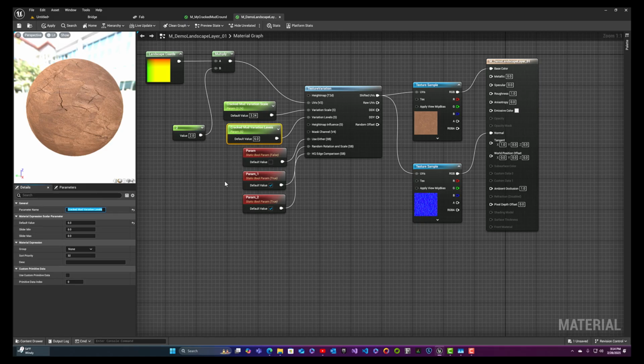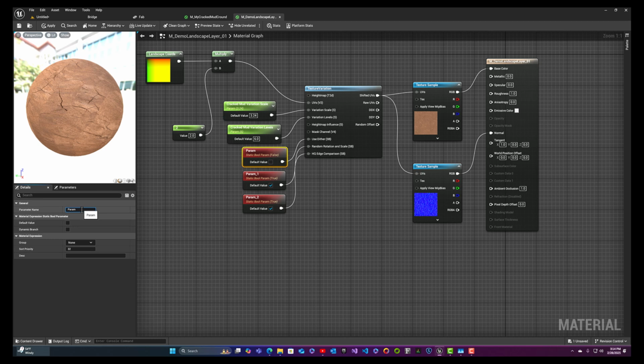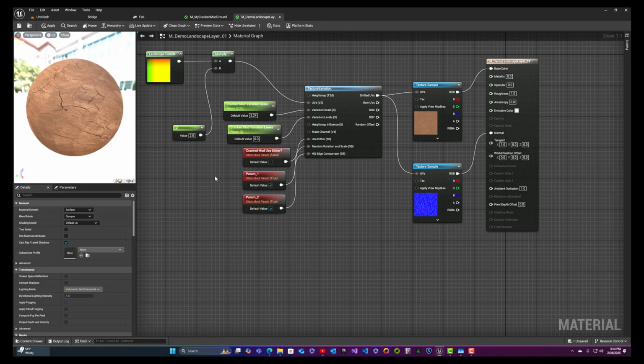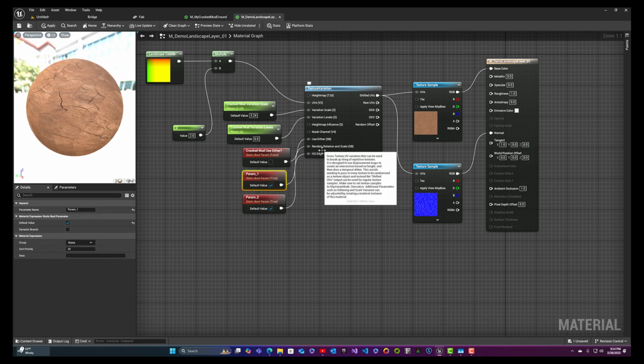This is already a parameter, so I'm just going to call it cracked mud use dither with a question mark because it's a Boolean. And I have it set to default to false. Set it to false by default is what I meant to say. And on this parameter, it's going to be cracked mud